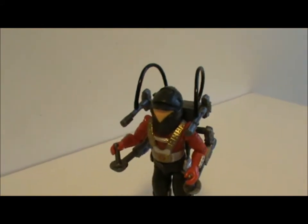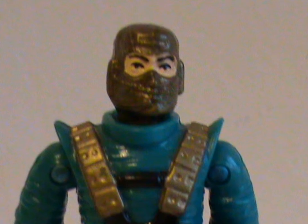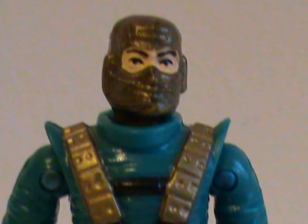The original Astro Viper is a nice looking figure with lots of play value. The second one is okay, but suffers from not having the awesome backpack. He had the...